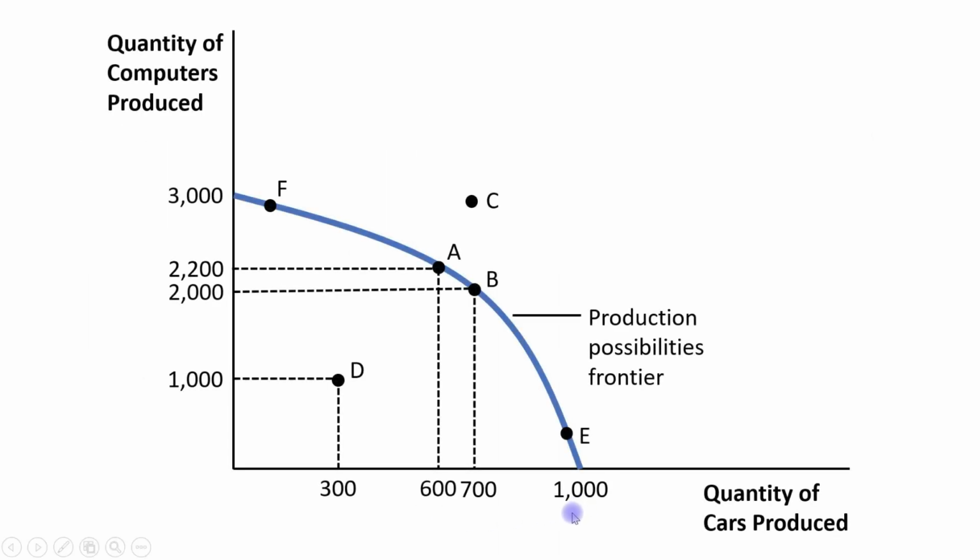that if the economy has used all its resources in the car production, then the economy will produce 1000 cars and no computer. That means this coordinate, this one, on the horizontal axis. Okay,